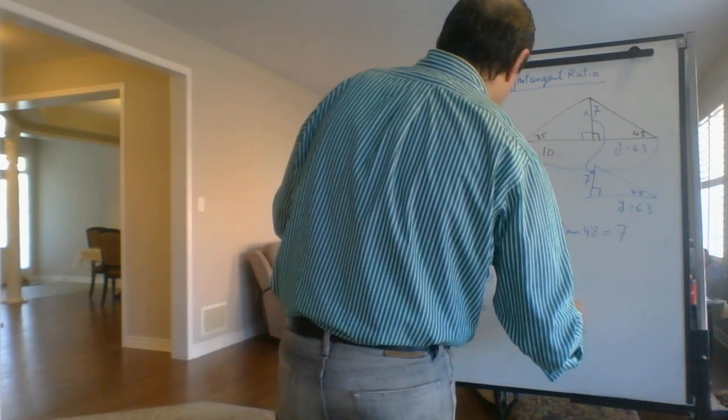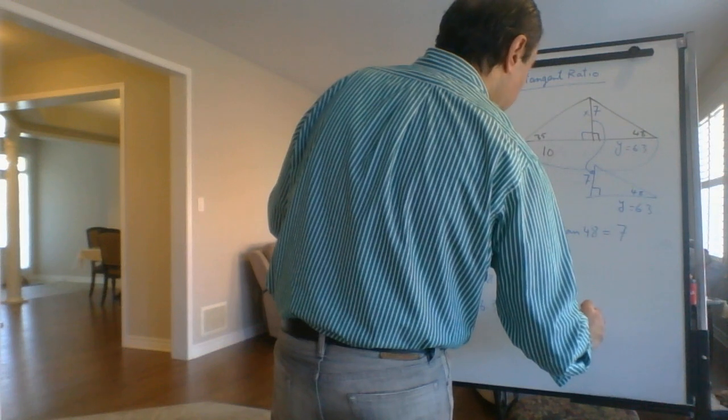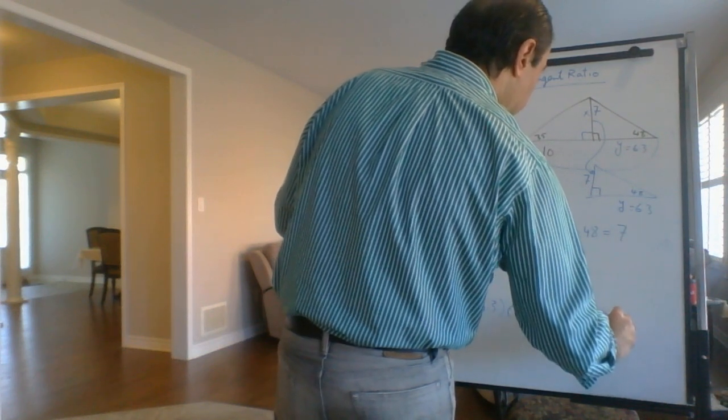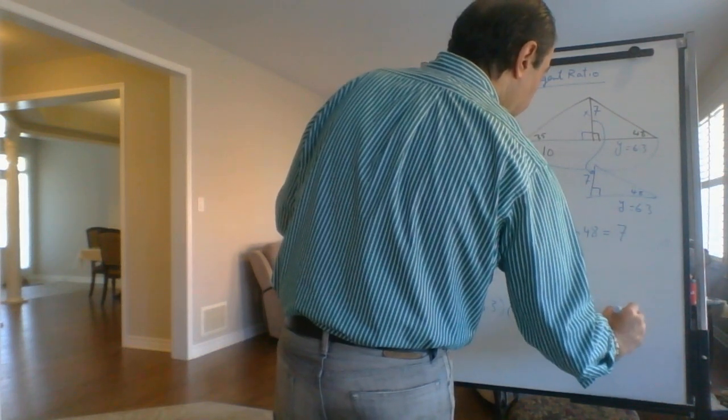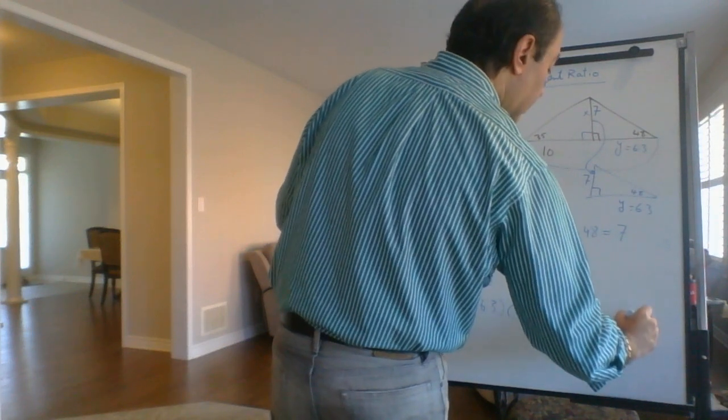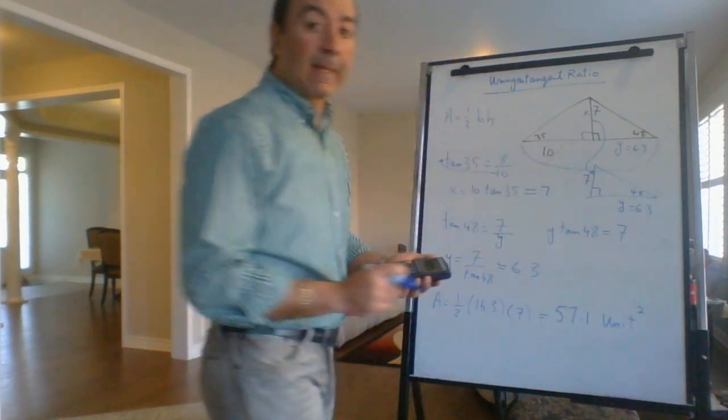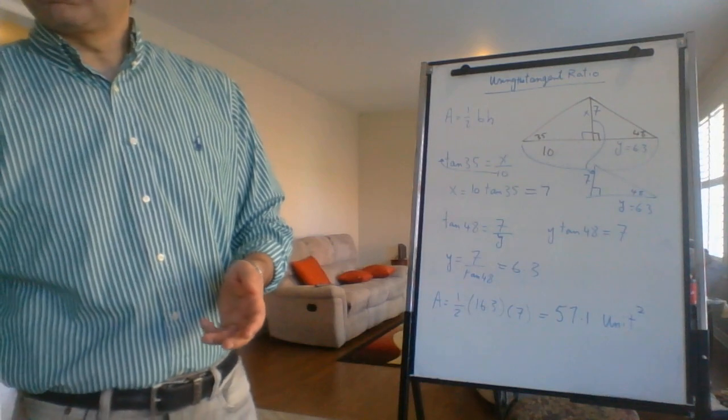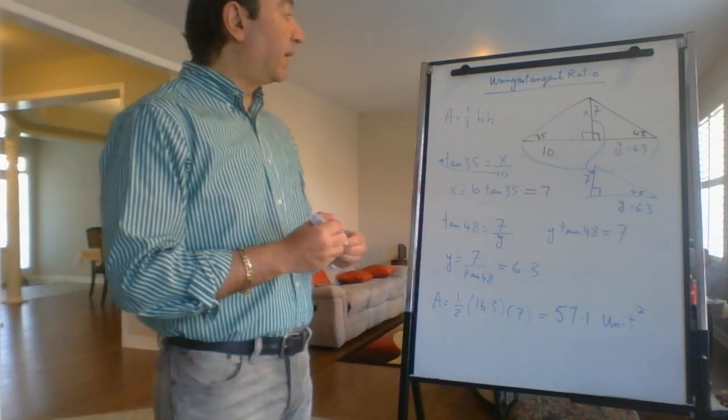So the area will be 57.1 unit squared, or centimeter squared if it's centimeter. Okay, this is how we use tan to solve